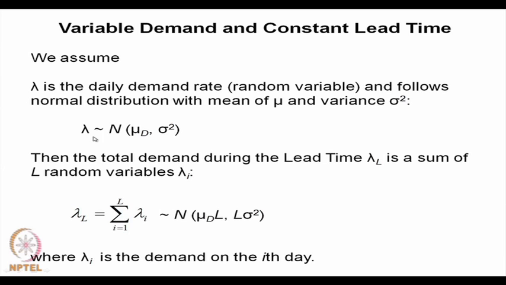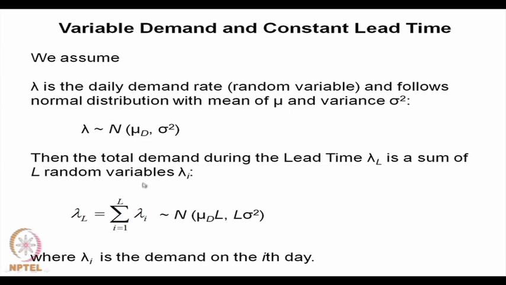Here we are assuming that lambda is a random variable that follows normal distribution with mean mu d and a variance sigma square. Then the total demand during the lead time, lambda L, is a sum of L random variables, because it is, let us say, the daily demand rate. So, every day lambda is varying. If L consists of so many days, it is a sum of L number of random variables,